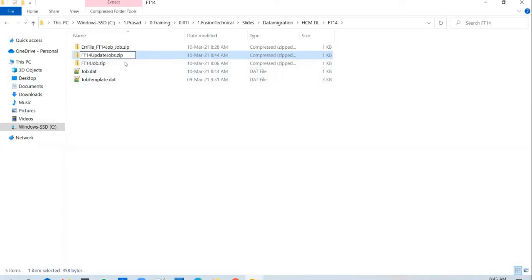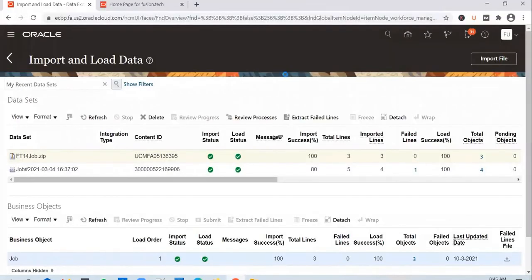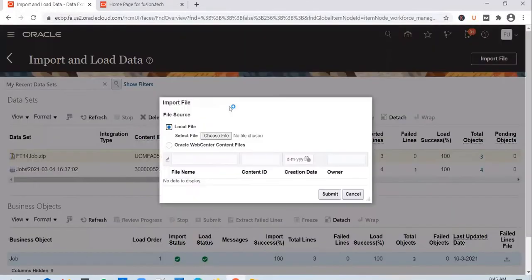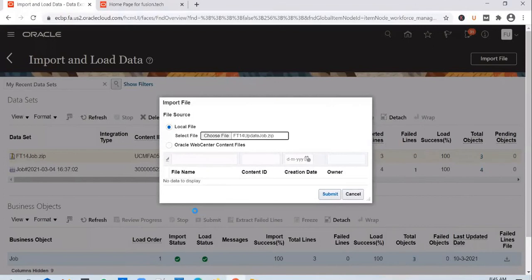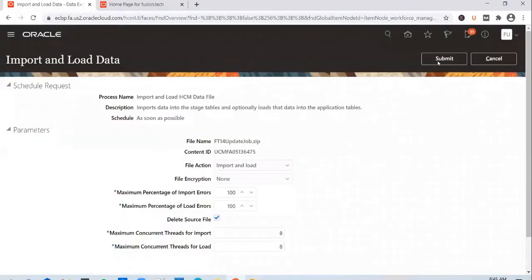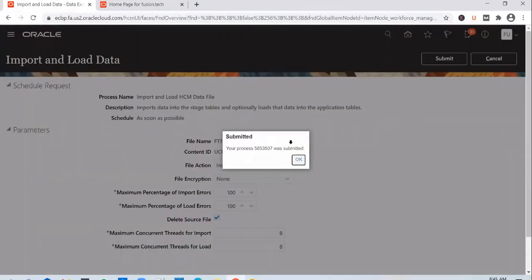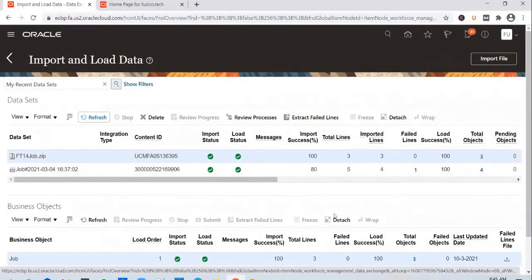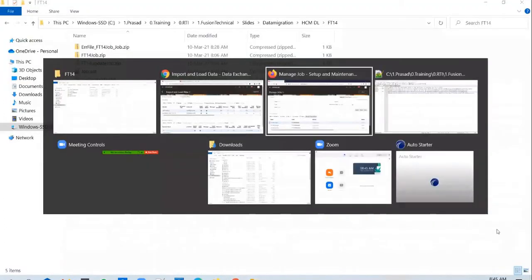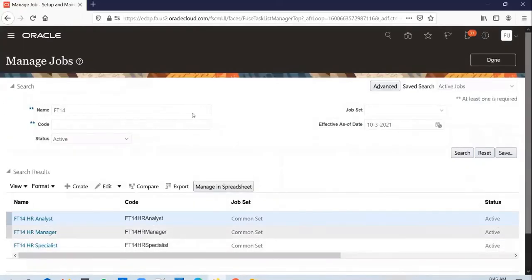Let me call it update job. Okay, so the process is the same. Import file, choose file, I'll go with the default options. And the expectation is that these 3 jobs will be marked as inactive.